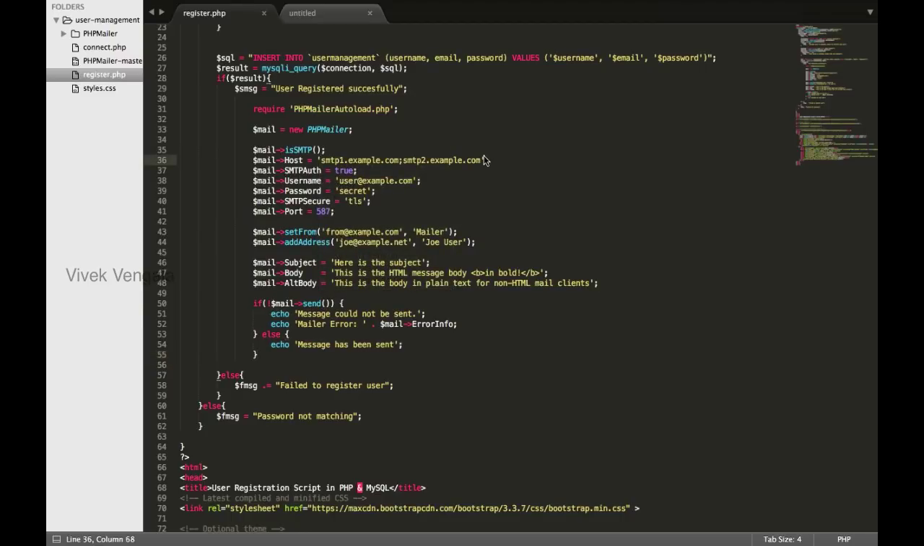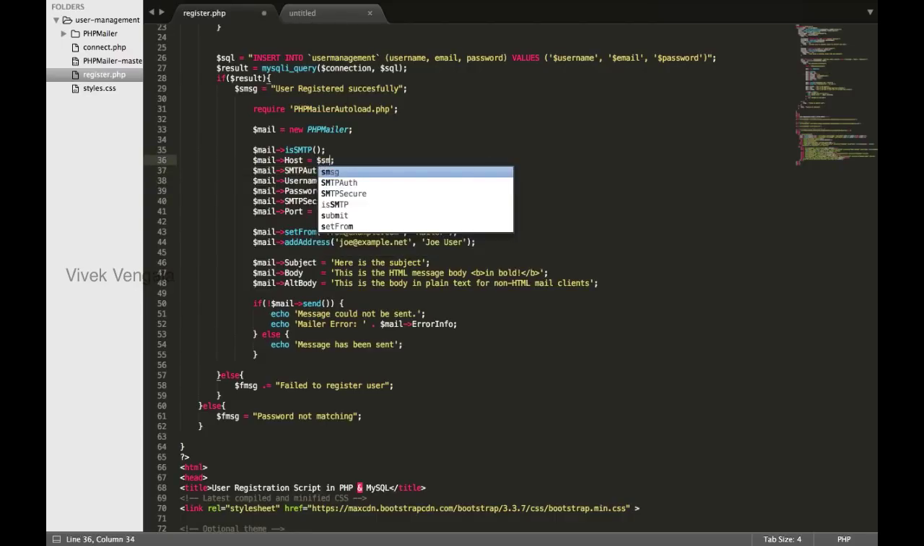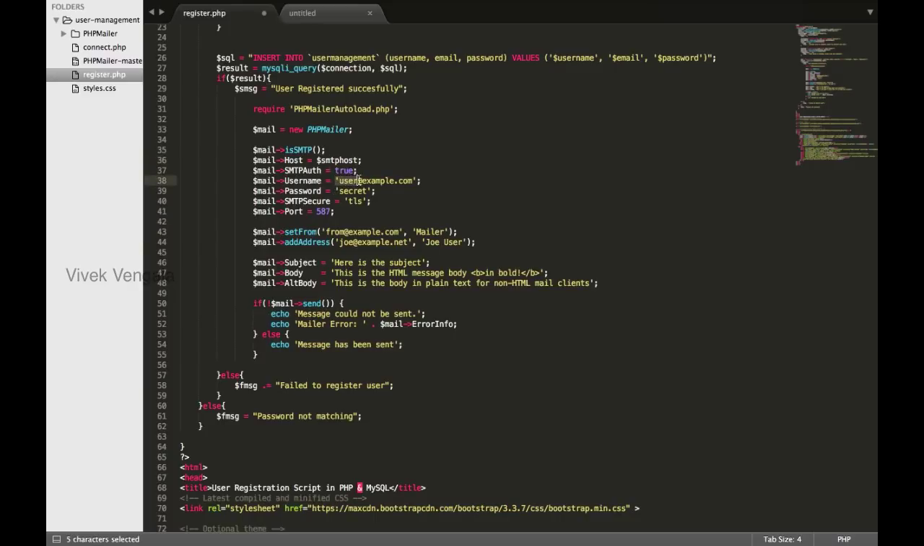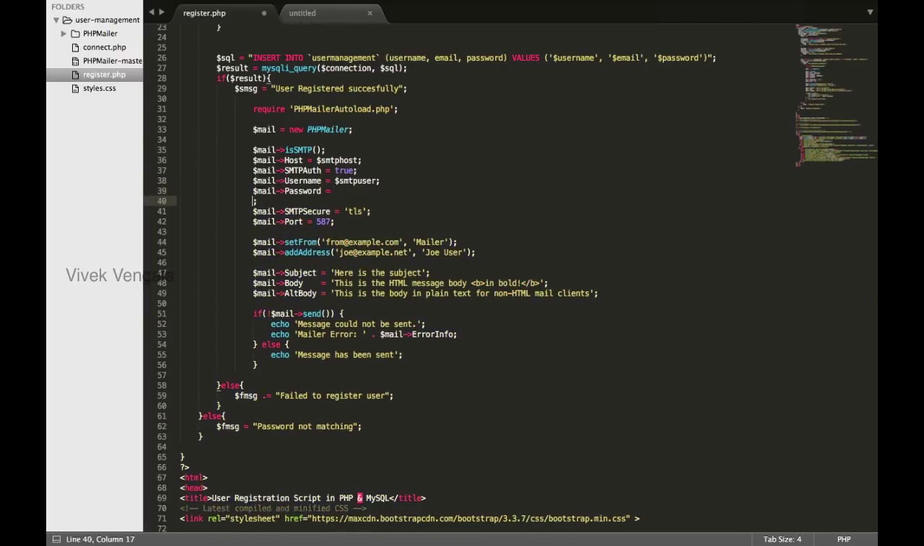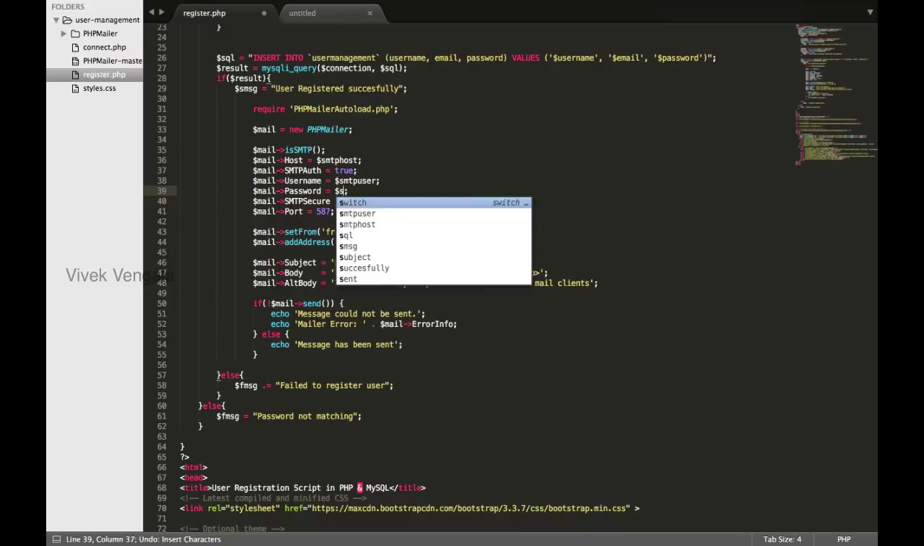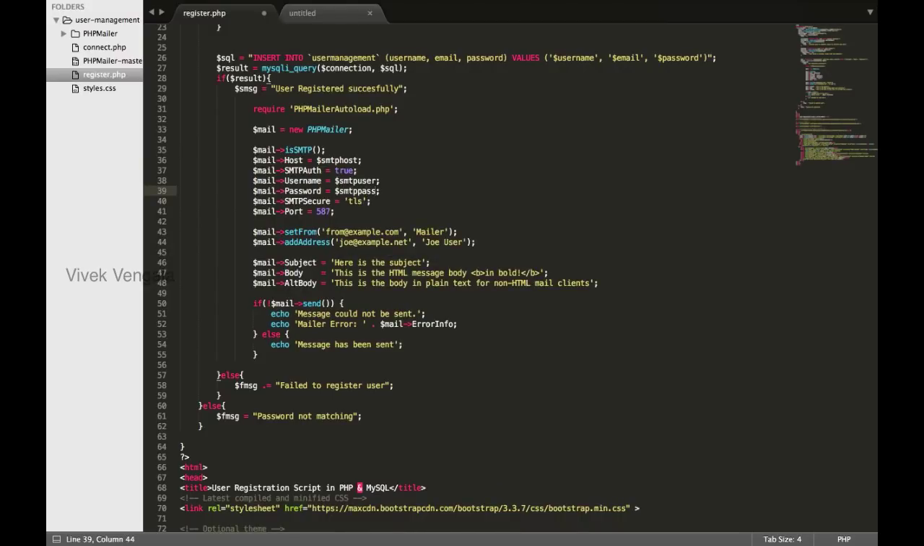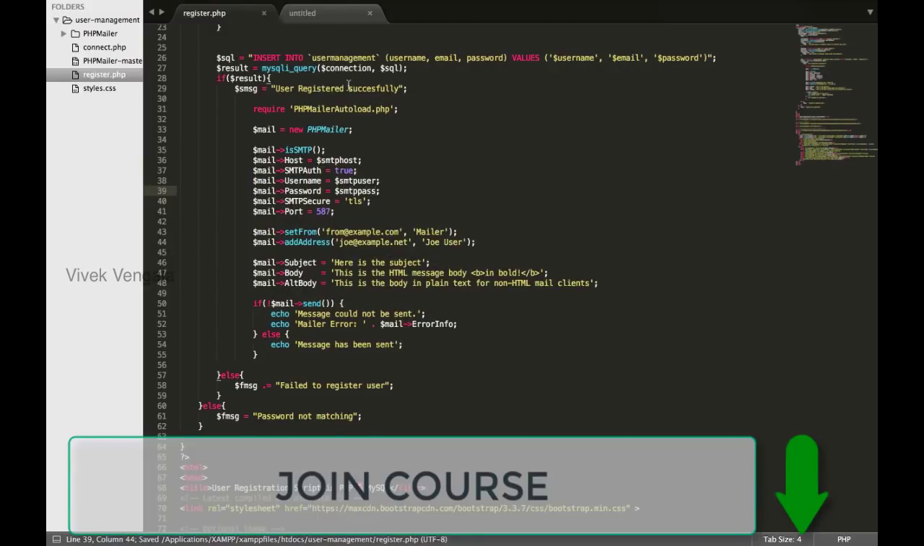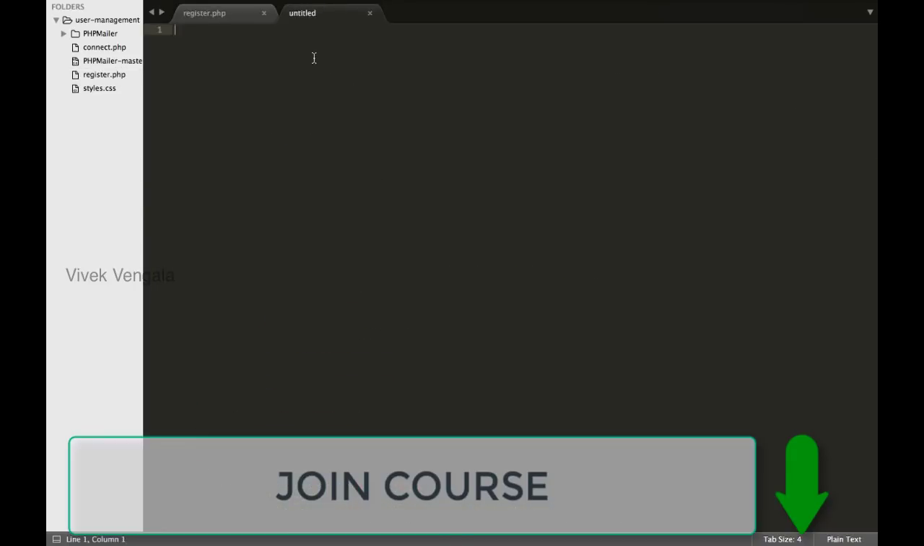I'll remove this and put a variable SMTP host. SMTP user, SMTP pass. I'll define these 3 variables in our config.php file. I'll save this as